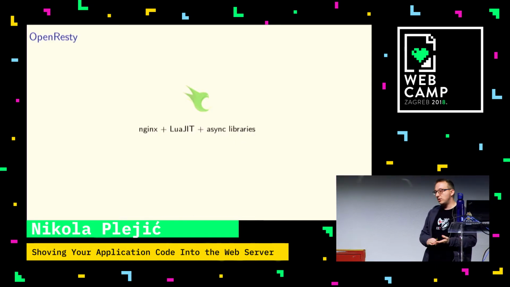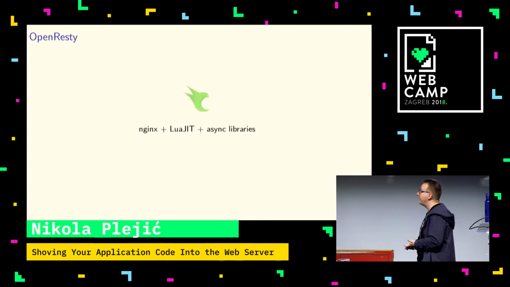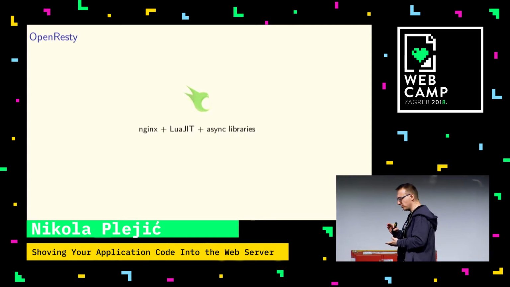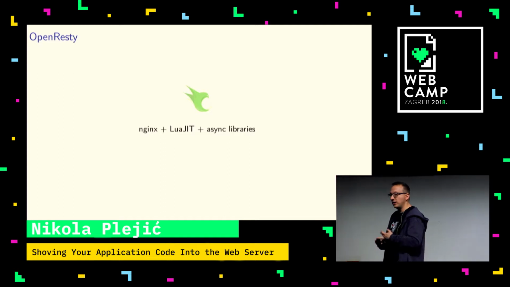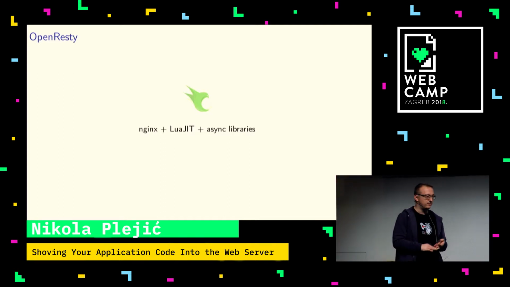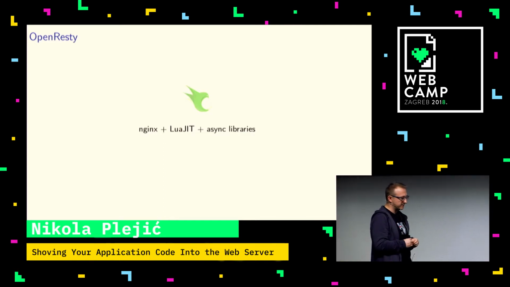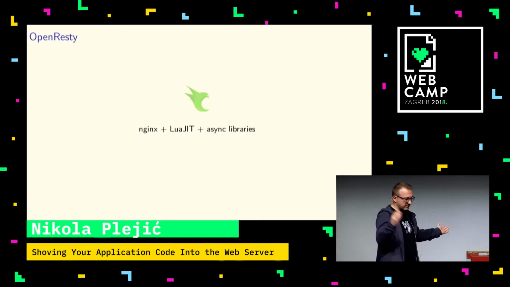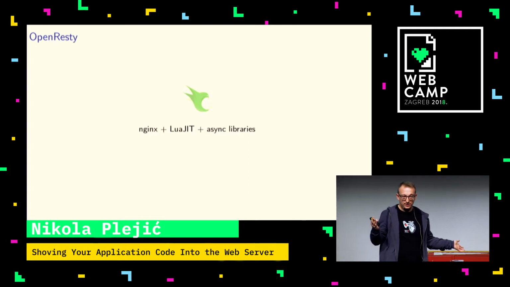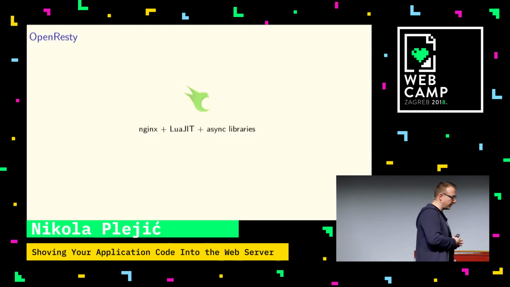They have packages for a lot of major operating systems, and OpenResty has been used by the likes of Tumblr, Alibaba, and probably most notably Cloudflare. Cloudflare has been a major sponsor of OpenResty development, and until fairly recently, they used OpenResty for a lot of their load balancing needs. They have since moved on because apparently Cloudflare is the internet today, but they've put in a lot of money